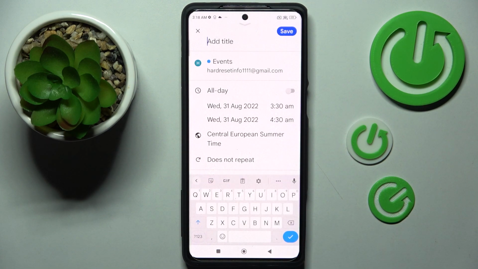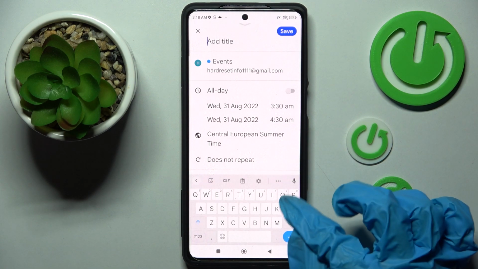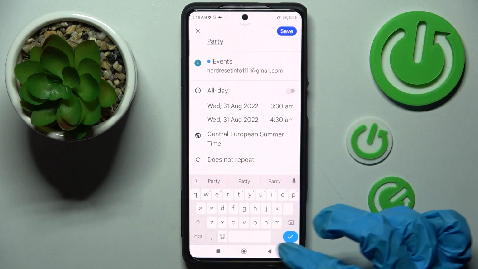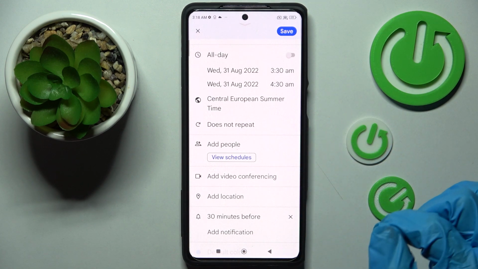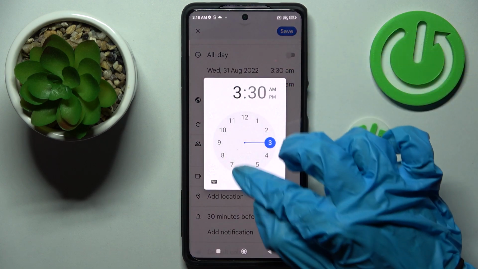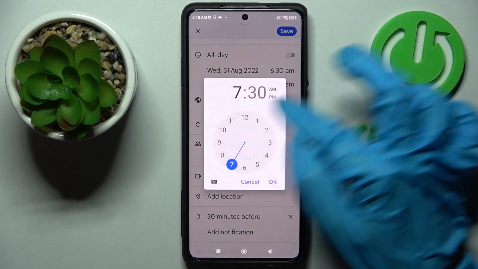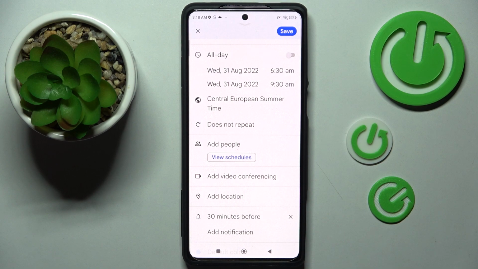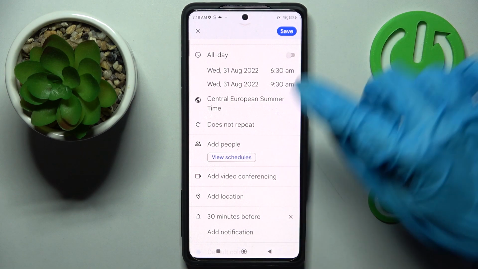Now customize it however you want to. For example, you can add a title over here. Then scroll down just a bit and click on starting hour and ending one to set it up. If you don't want to do that, you can always disable this feature as well by tapping on this switcher